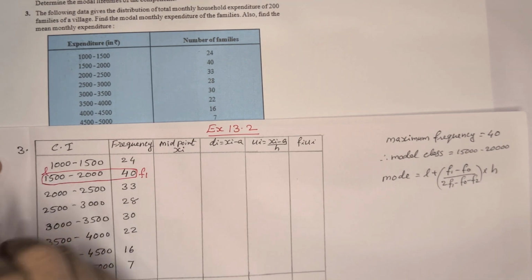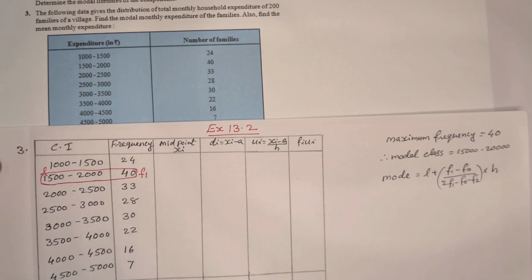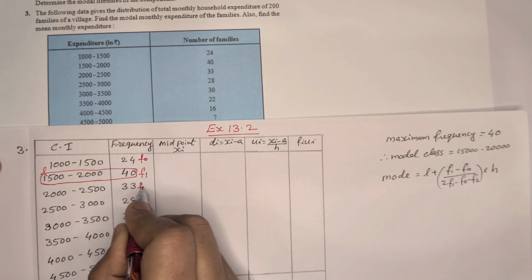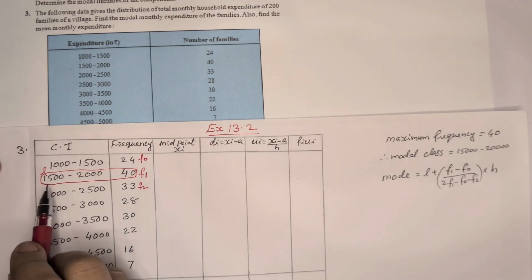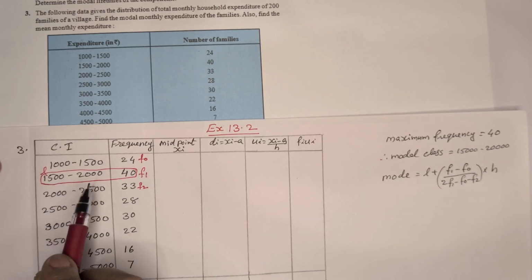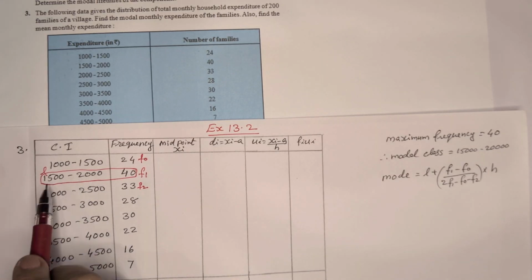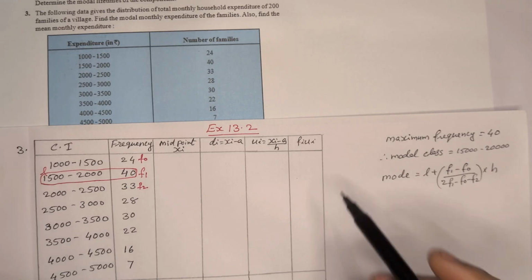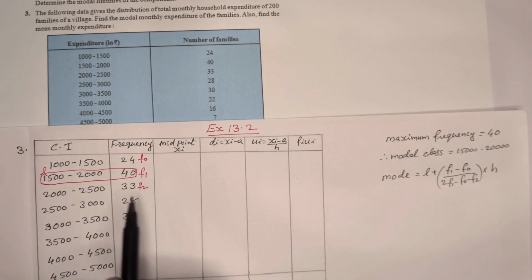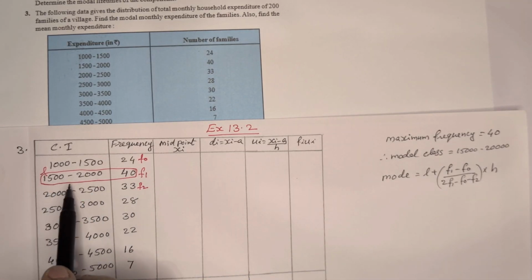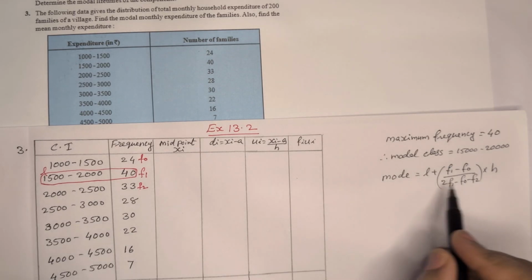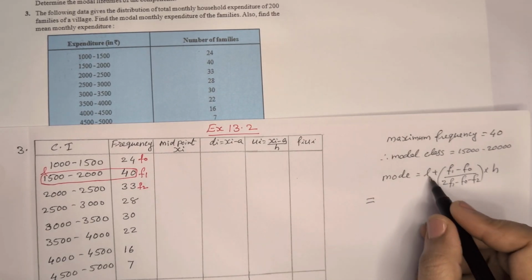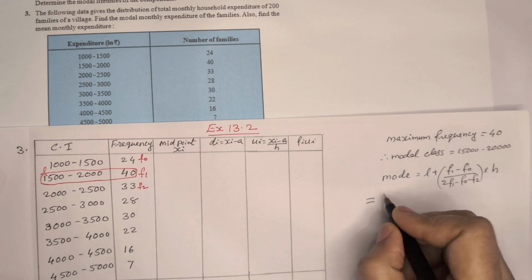So this is the L. L is equal to 1500. Here F0, F2. And here the H is 500, the difference between upper limit and lower limit, class size. Now maximum frequency F1, that is 40. So modal class is 1500 to 2000. Mode is equal to, formula we write, and then we can put the values here. Is equal to L, that is 1500,